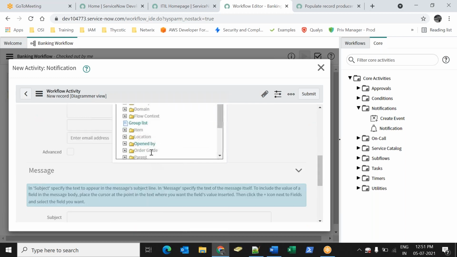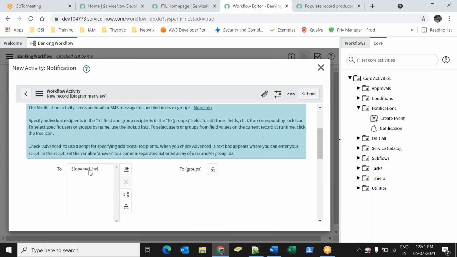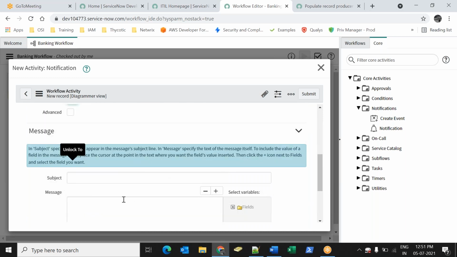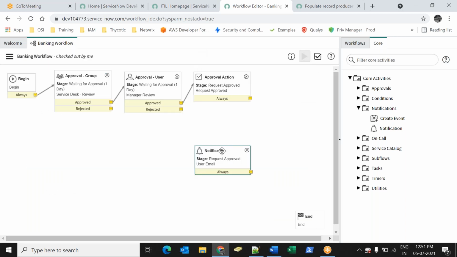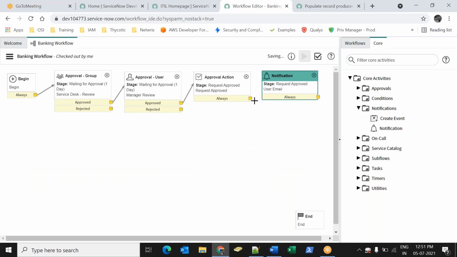Whoever it is opened by. And the subject: your request was approved. We know how to define emails. Add the fields if you want. And the notification is delivered to the end user. So one notification goes to the user, and what I will do is